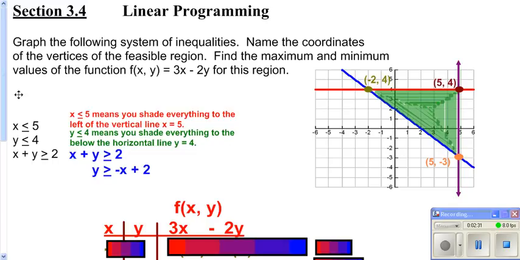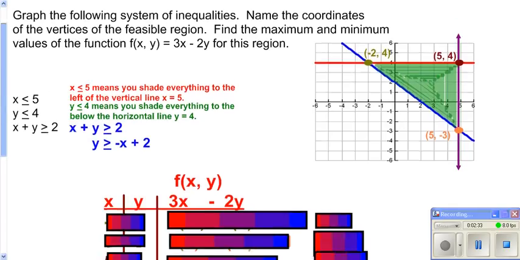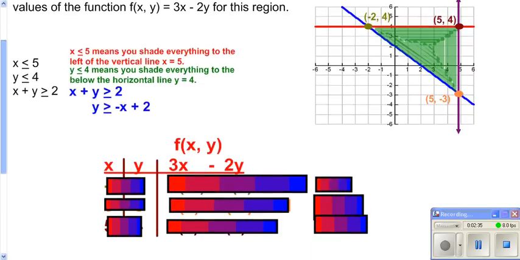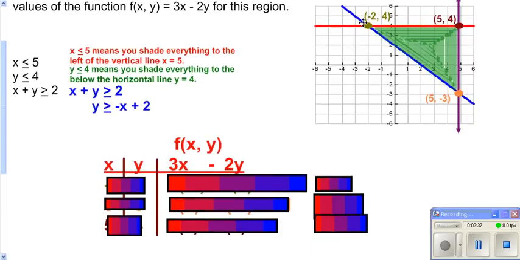You then want to go ahead and find your corner points. In this case, it's pretty easy to find our corner points just from looking at our graph. That's why it's important to try to do an accurate graph. So you may want to be using graph paper. So you have your corner points,